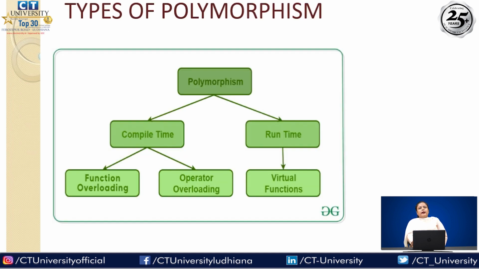Another is runtime polymorphism. Runtime polymorphism is the type of polymorphism in which the function is executed, the overloaded function is resolved, at the time of running the program, like overriding a function. Overriding a function means it has multiple